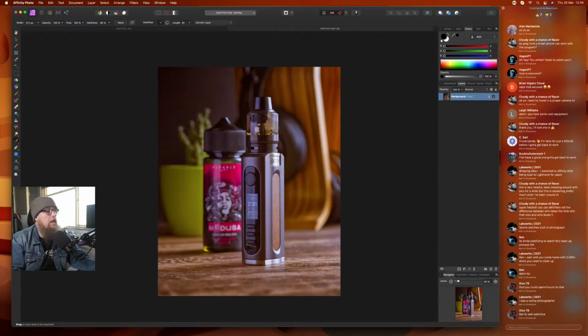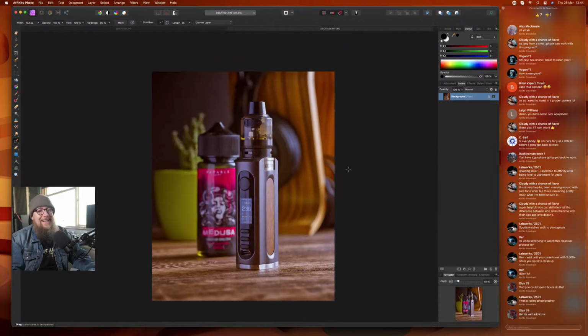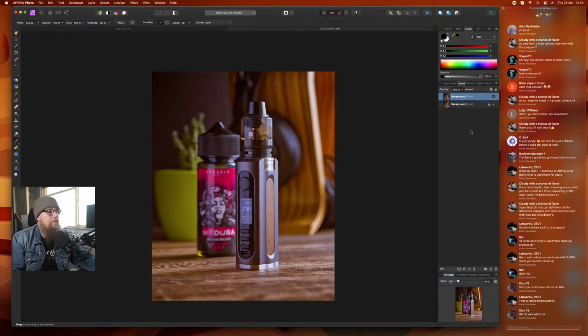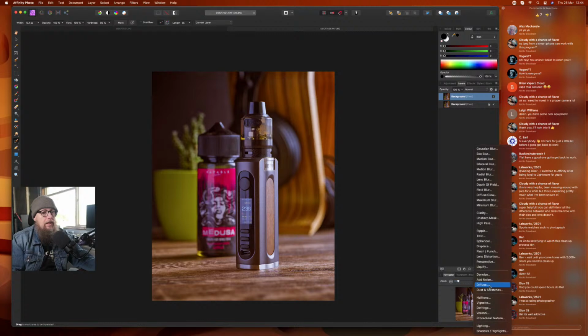Okie dokie. So let's get things a little bit cleaner, shall we? I'm going to duplicate this layer. You can use this as a completely non-destructive editor as well, which is important. What I'm going to do now is one of the little editing things that I like to do, which is use an